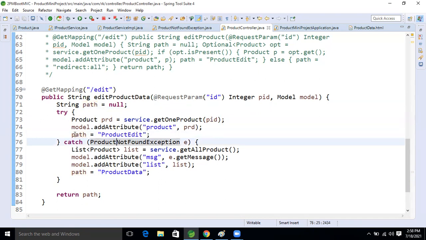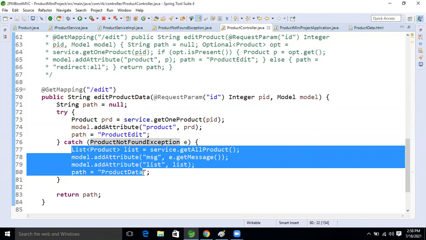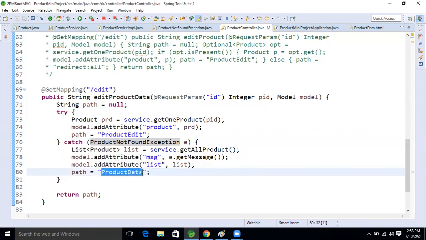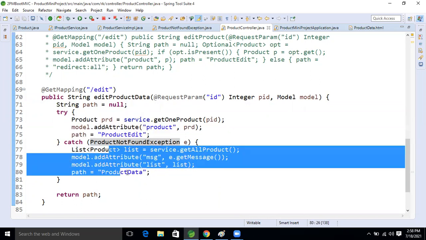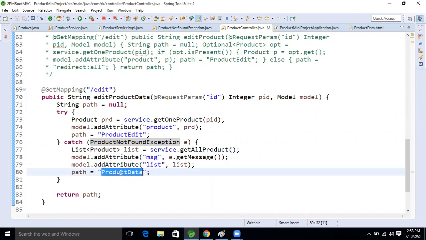But if we are not holding it and any exception occurs, then this page will not execute. Because of that, I took path equal to null. If this block executes successfully, the product data will be assigned here at runtime, and the same path I am returning now.